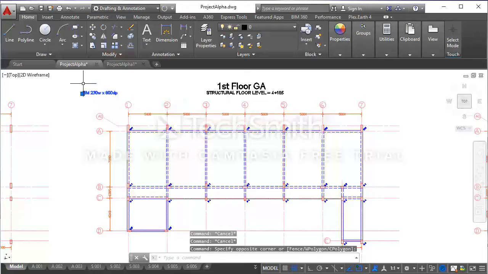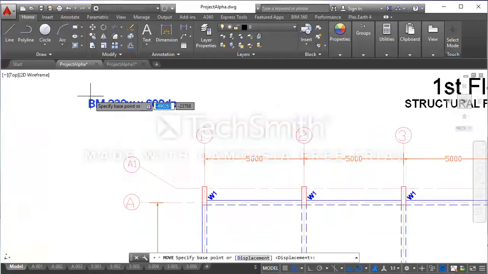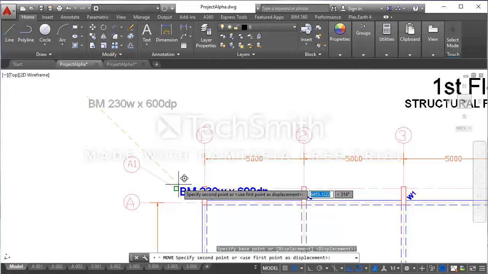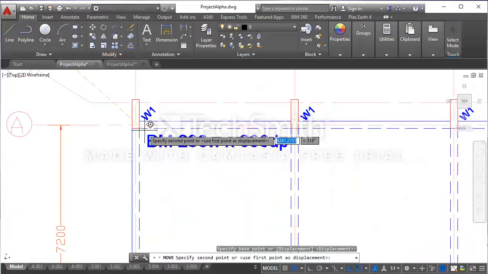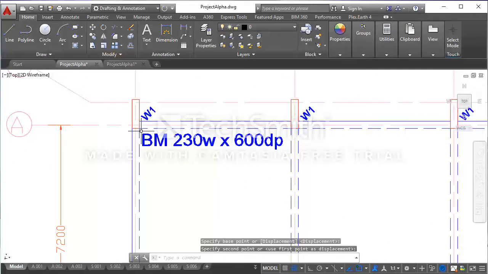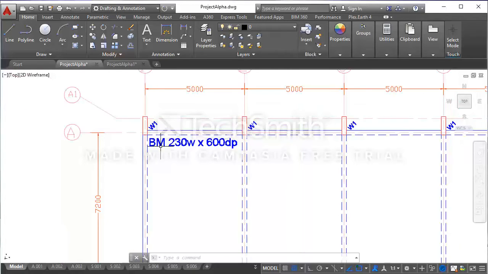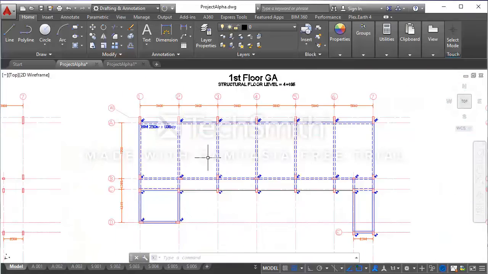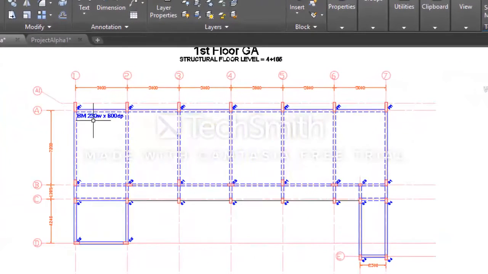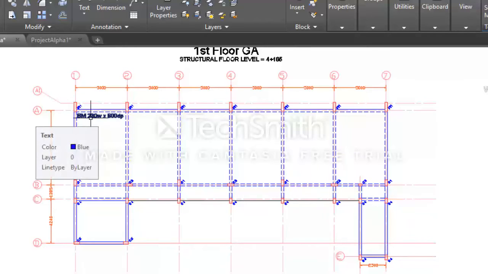Now I select the text, and now I will move it to this corner of the building, this corner of the drawing. Looking at the label, we need to reduce the size of the text height because the label looks too big.